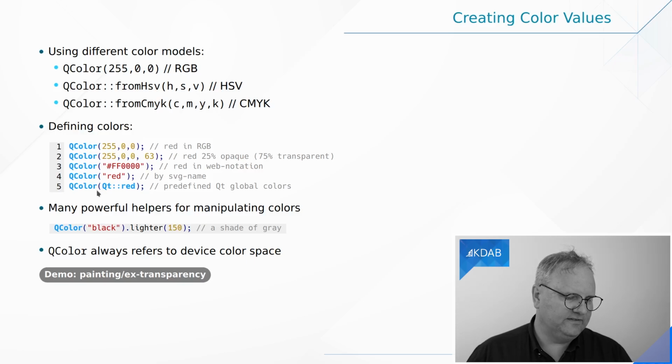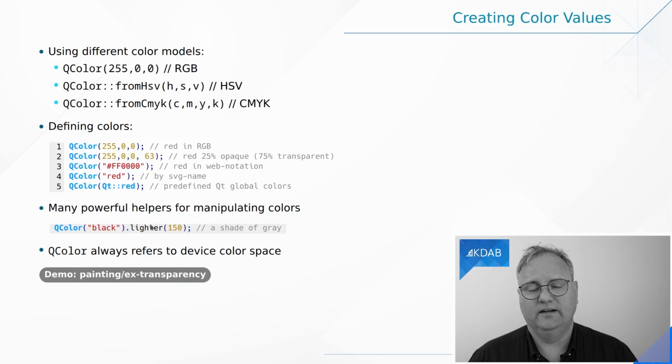Okay, there is one thing that I like, at least, is that on a given color you can call either .lighter or .darker to get a variant of that color that is slightly lighter or slightly darker. I don't know who came up with this API, because if you call .lighter 100, that returns you exactly the same color. If you do .lighter 50, then it will actually get you a darker color. .lighter 150 is a lighter color. I don't understand this API. Maybe you do, then please educate me in the comments below.